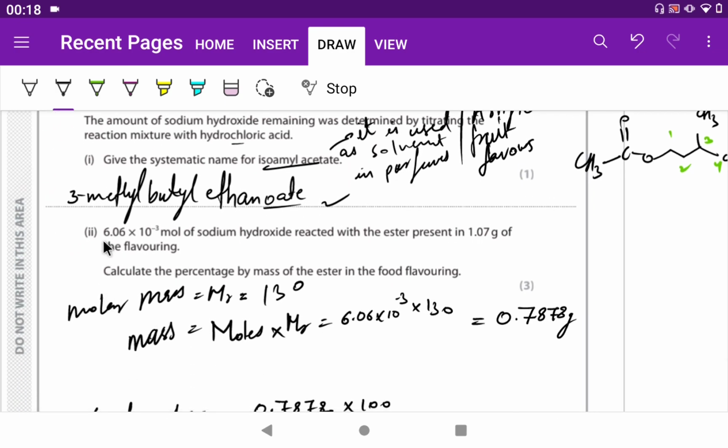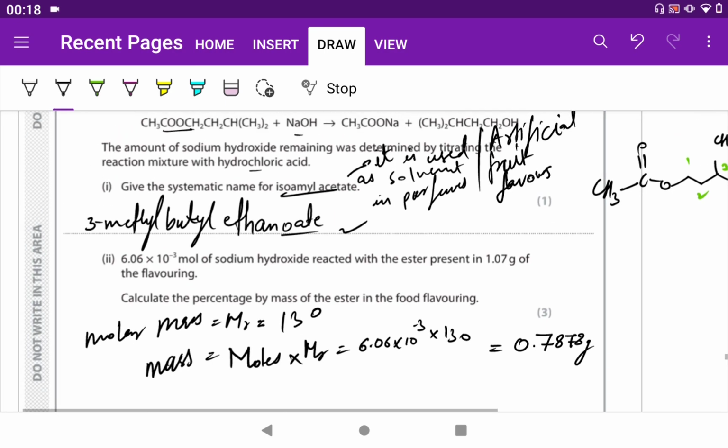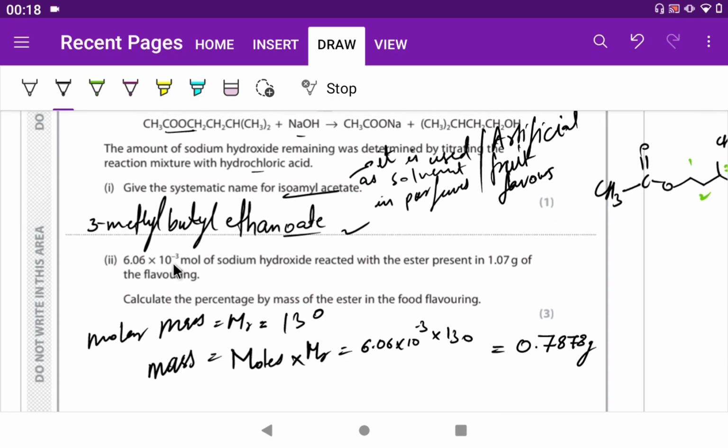Now the second part is 6.06 × 10^-3 moles of sodium hydroxide react with the ester present in the flavoring. So we have to calculate the percentage by mass of ester in the food flavoring. So molar mass of ester is 130. So mass will be this many moles times Mr, and moles is given to us, and multiplying with Mr we get